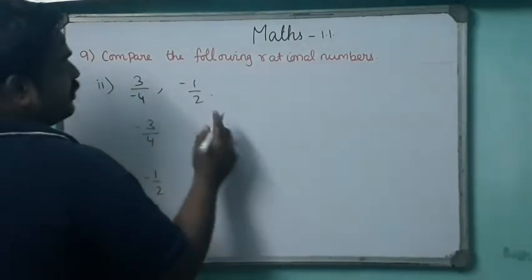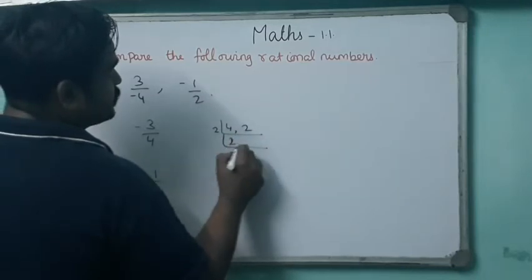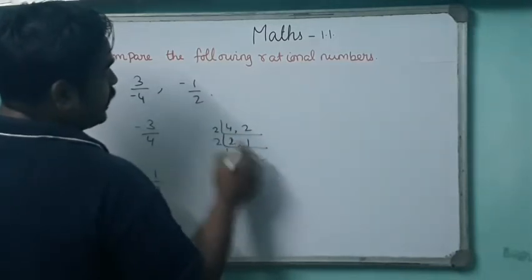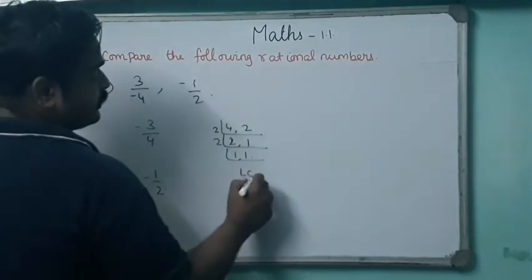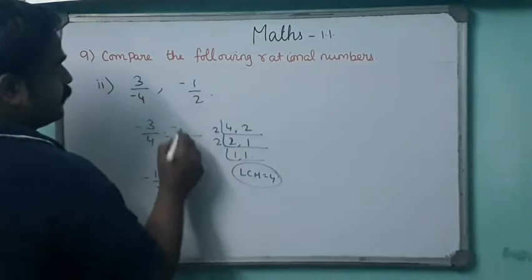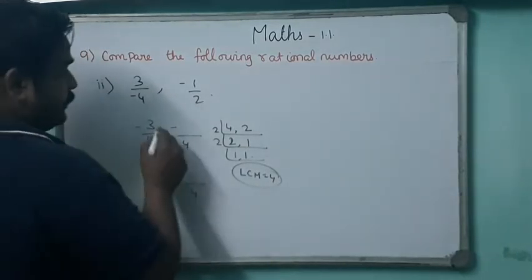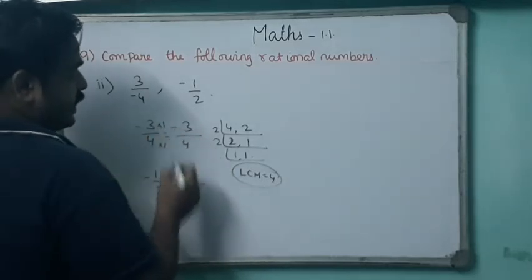Now we are going to compare them, so take the LCM of the denominators. 4 and 2. Take it in 2 table, 2 times, 1 time. Again in 2 table, 1 time, 1 time. 2 2s are 4, that is the LCM. What is the LCM here? 4. 4 should be the LCM. We can put 4 here, put minus. Put 4 here, put minus. 4, you have to multiply 1 time. And here also 3, you can multiply 1 time. It's minus 3.